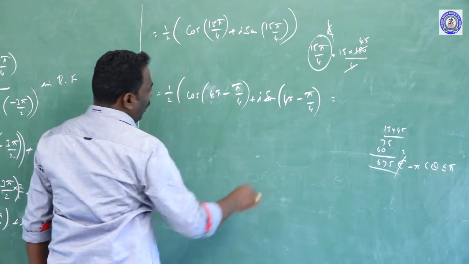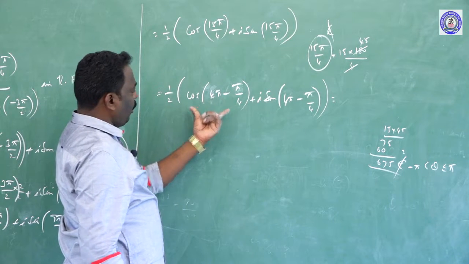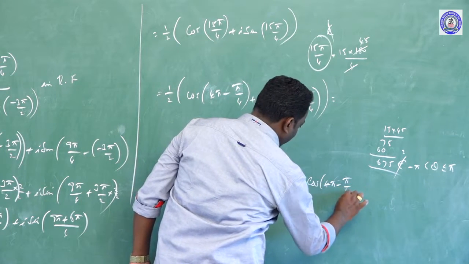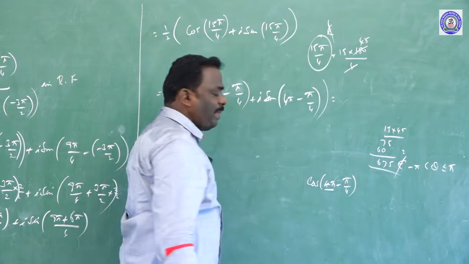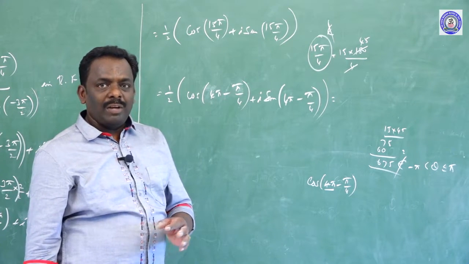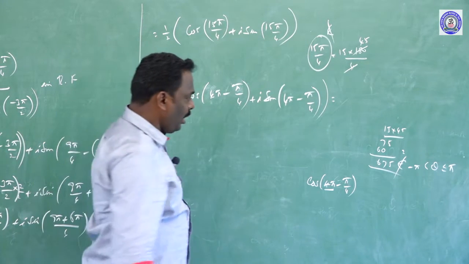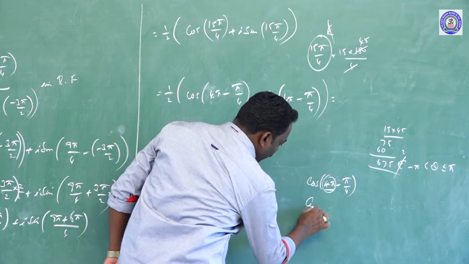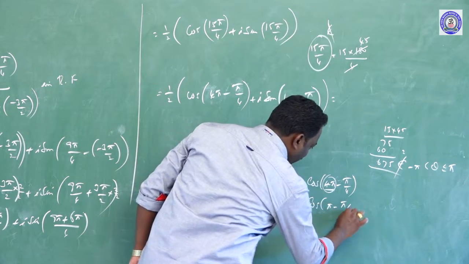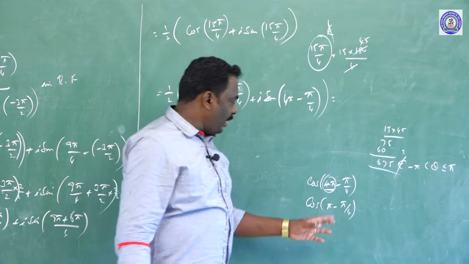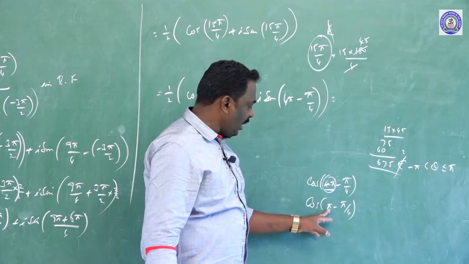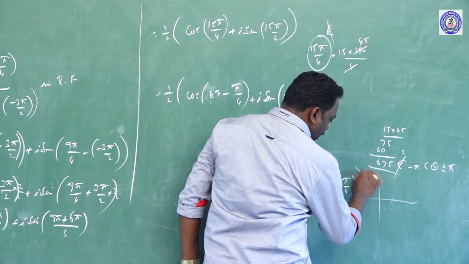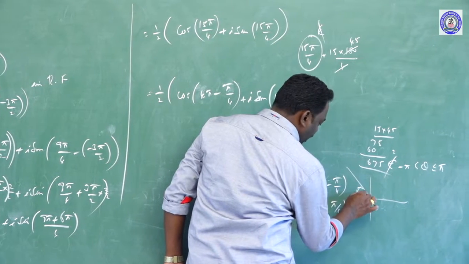So now compare the argument value here. So here, cos of 4 pi minus pi by 4. 4 pi is a supplementary angle, because pi is supplementary, and 4 times pi is also a supplementary angle. If supplementary angles come, what we want to do here is keep the same function, cos. Therefore it is cos of pi minus pi by 4, the theta being pi by 4. Therefore here, comparing, pi is supplementary and it is pi minus theta. Pi minus theta lies in which quadrant? Second quadrant.